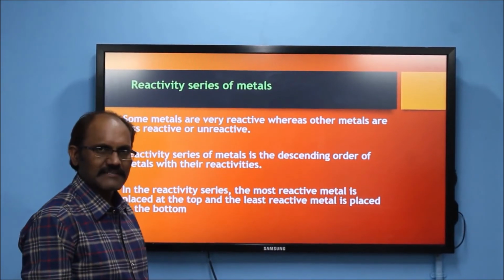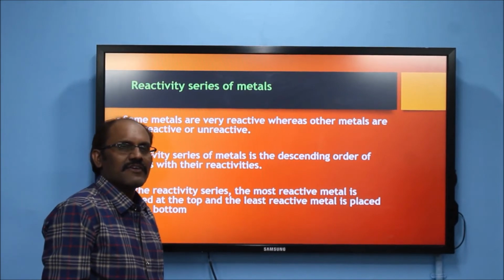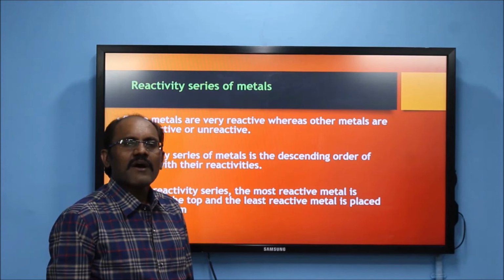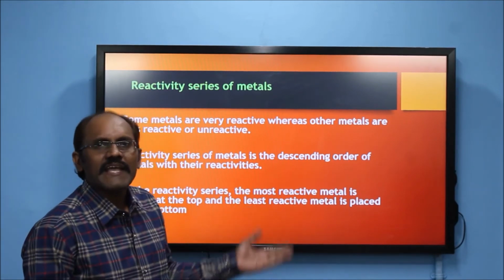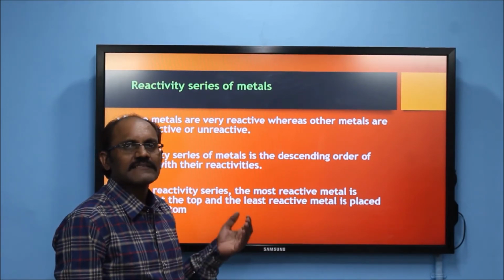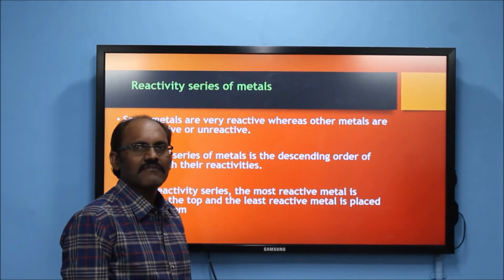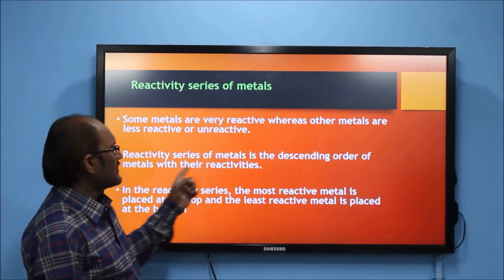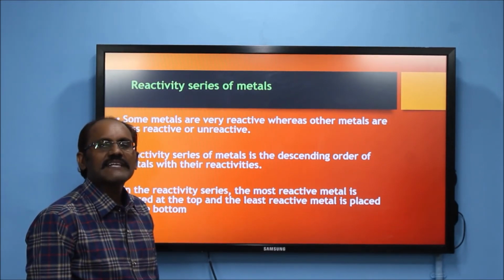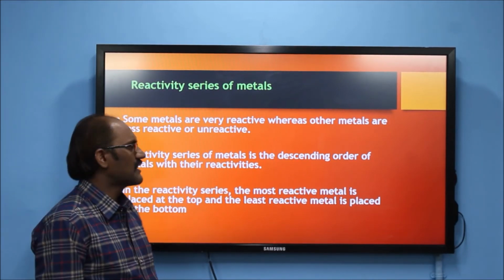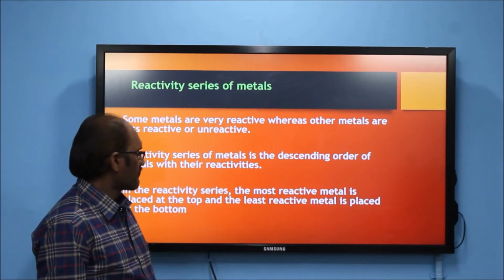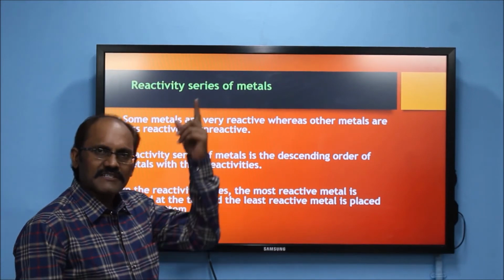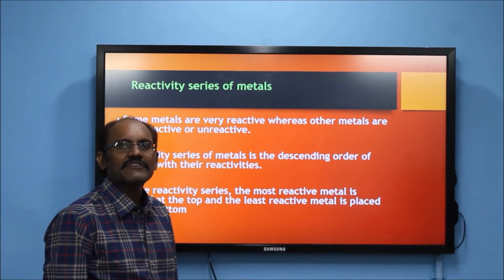Reactivity series of metals. Children, you have seen many metals. Among them, some metals are more reactive and some are less reactive, whereas some metals are unreactive. The reactivity series of metals is the descending order of metals with their reactivities. In the reactivity series, the highly reactive metal is placed at the top and the least reactive metal is placed